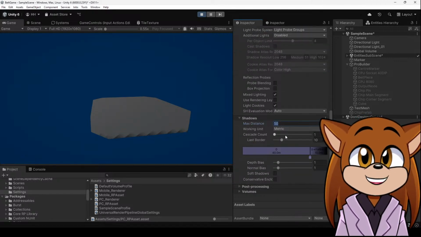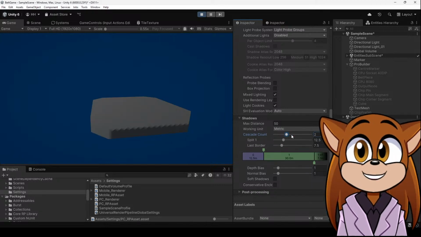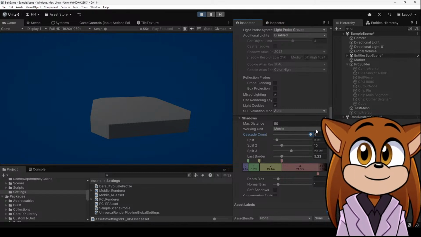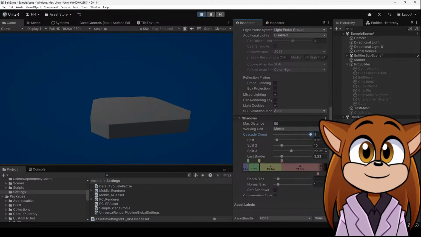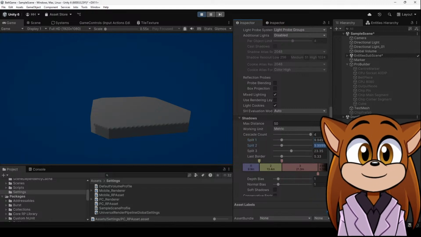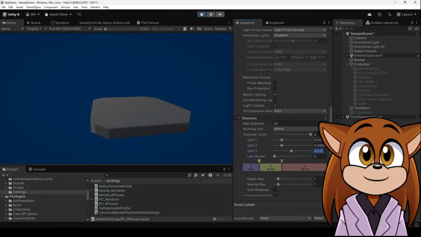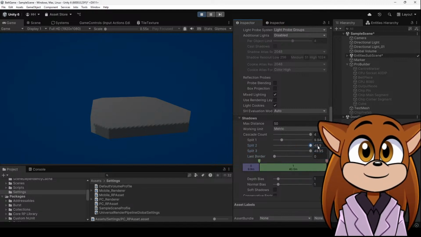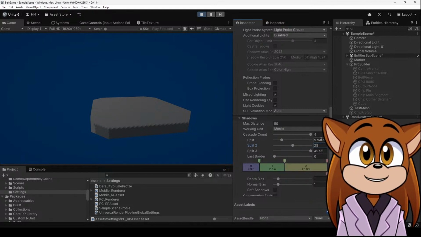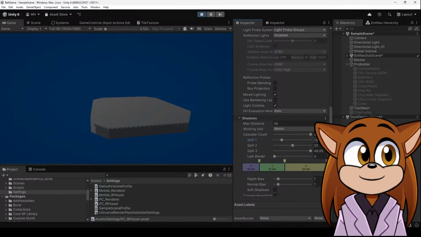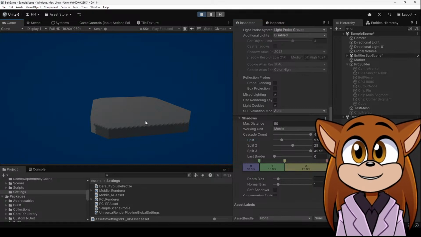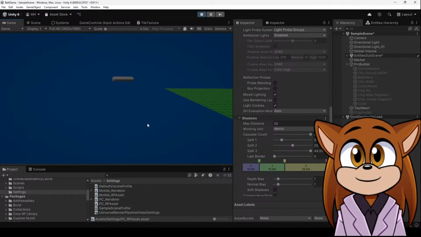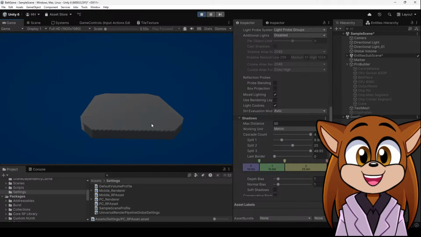That's easy to fix. Yeah, I'm moving the camera further around. It's not changing the